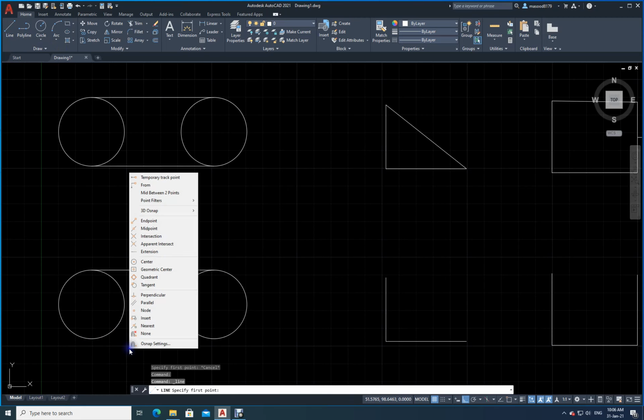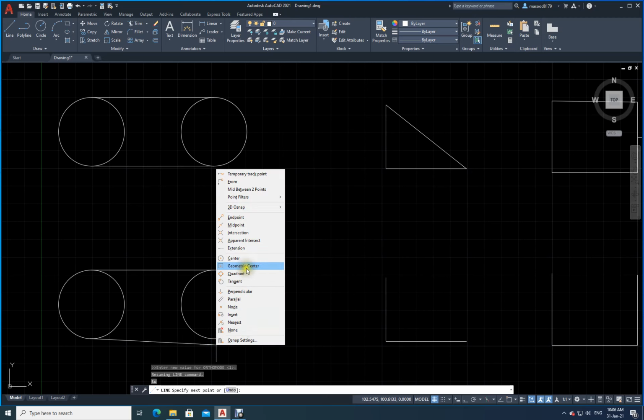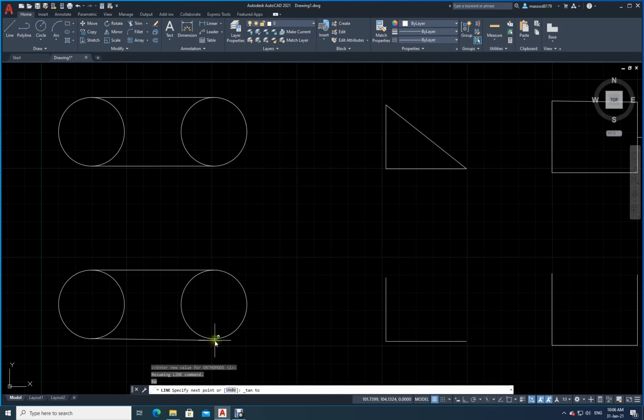Again line command, just go down over here, Shift, and then line command, and then I will just Shift and right click the mouse button and then see where is tangent. Tangent is here. Just come and hold here. Then again, nothing is happening. Again I have to do what? Right click and tangent. I am keeping the Shift key pressed. Okay. Now enter.